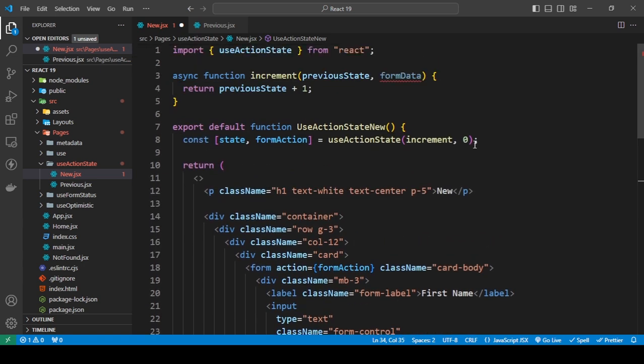Now instead of 0 being the initial state, I will pass in an object with